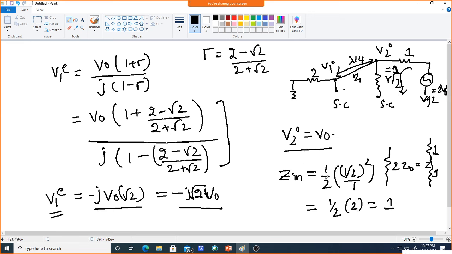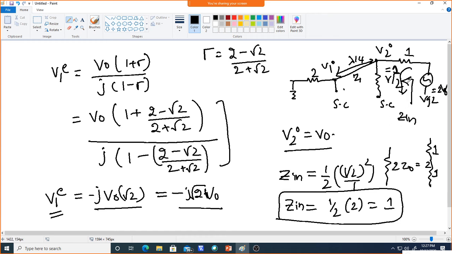So this is a normalized impedance, that is the input impedance, obtained by taking the transmission line equation. So here is the input impedance which we have calculated. So this is the value of input impedance. Now after this odd mode and even mode analysis, we need to find out the scattering matrix for the Wilkinson power divider. So if you calculate that one,